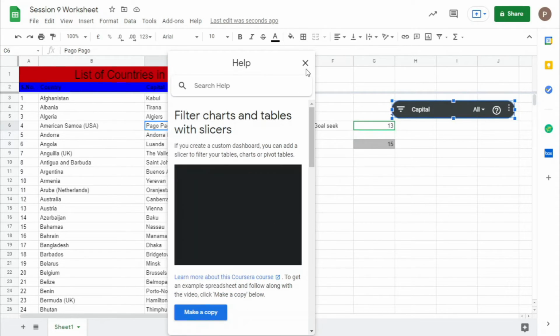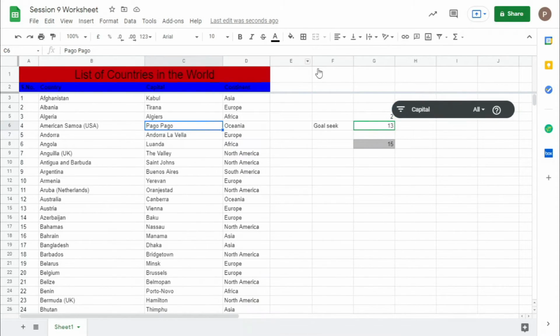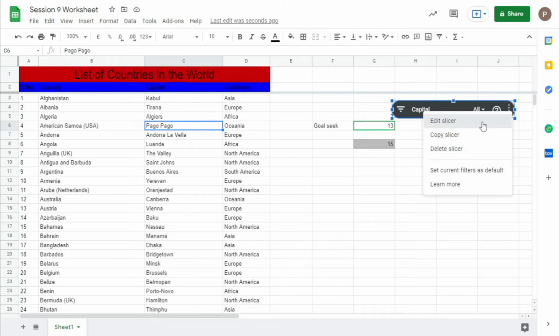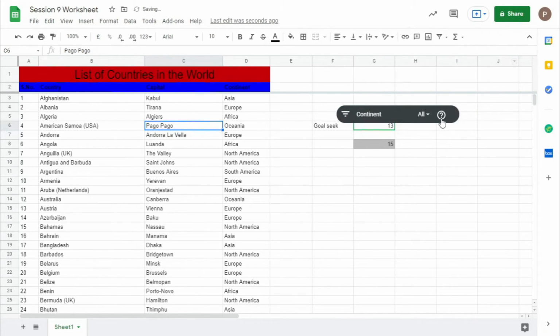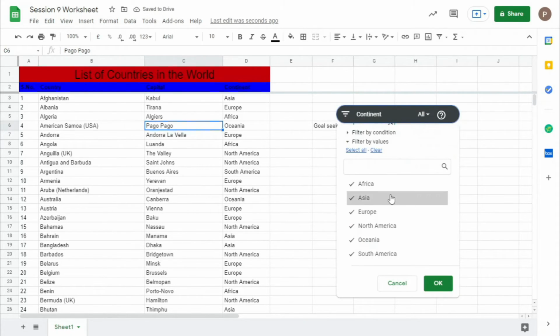You can click the value that you want to use, and directly change the values. If you want, go to edit slicer, and you can change the column to whichever you want. Click the continent, close this, and next.